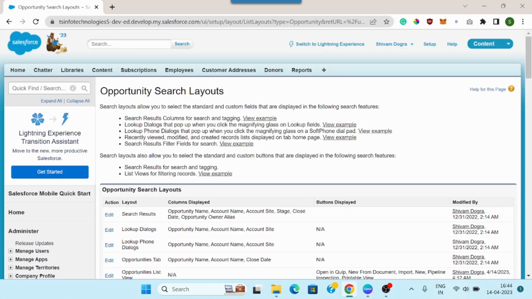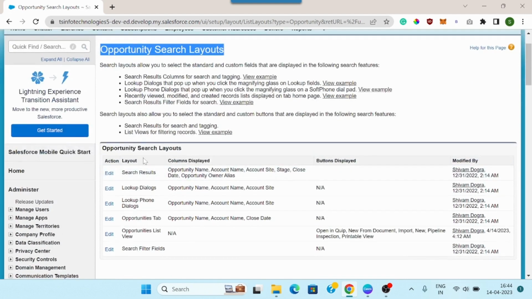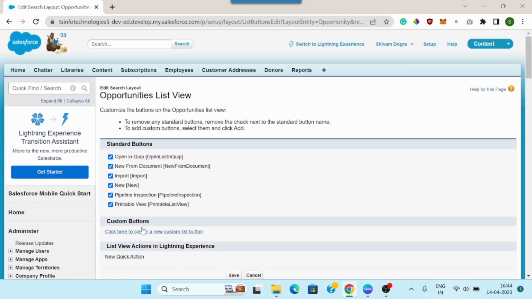Once I click on the search layouts option, it will open this page, the opportunity search layout, which consists of a list containing different layouts. From the list you can see this option, opportunity list view. So we need to click on the edit button which is given next to it. This will open the opportunity list view page. Now just like we have done in the Salesforce Lightning experience, there are certain standard buttons, and because we have already enabled it using the Lightning experience interface, it is showing enabled at this moment, but if it is not enabled, you have to enable this and you need to click